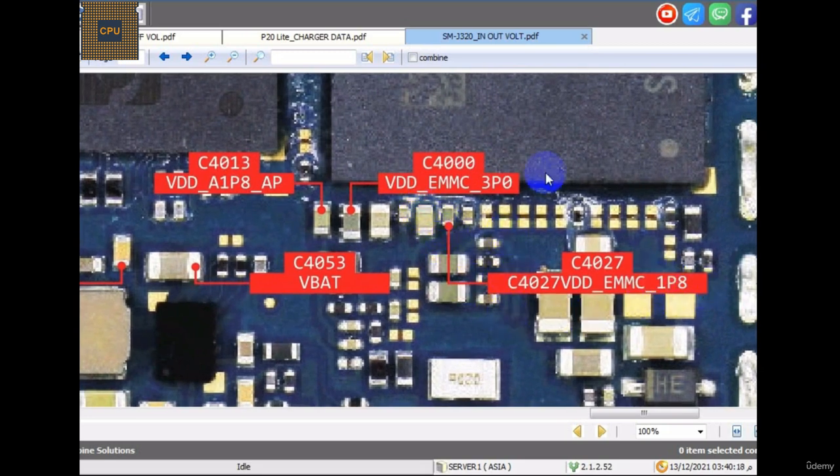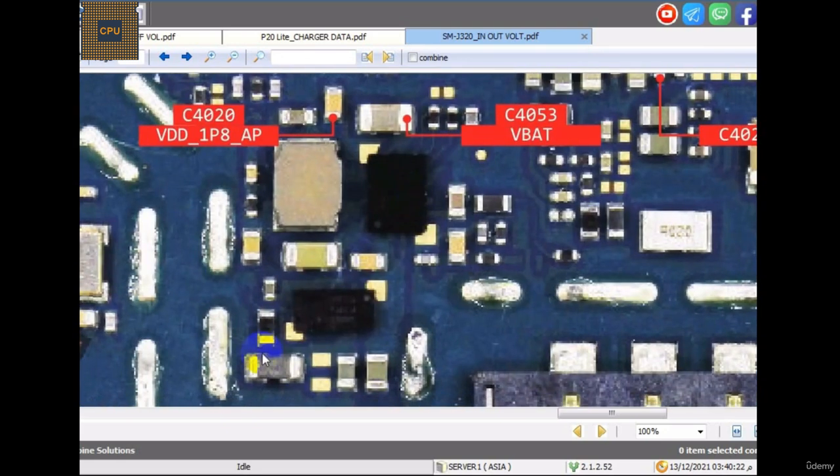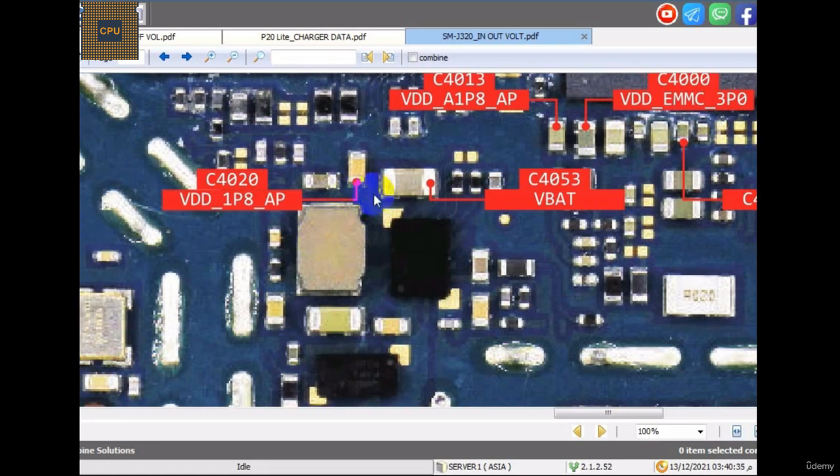In case you have the schematic itself, we are going to follow a voltage like this, how it shows in the schematic. We are going to follow component after component until we don't find a volt in a component, which means that this component is the main cause of this problem. In this case, we are going to take out this component and we will replace